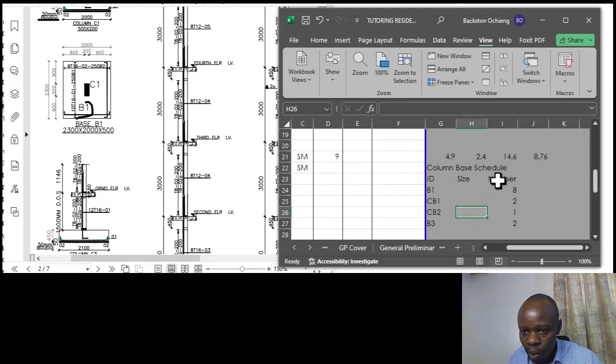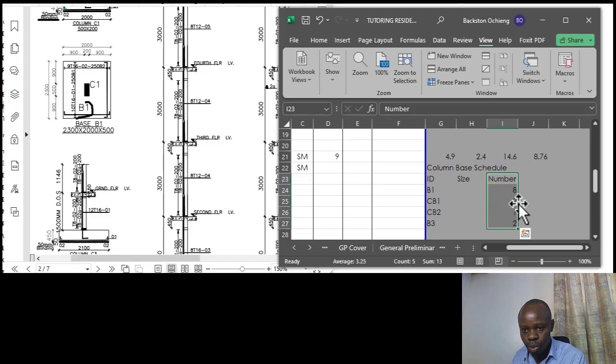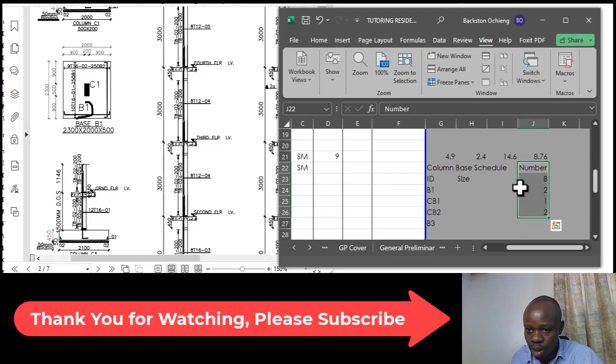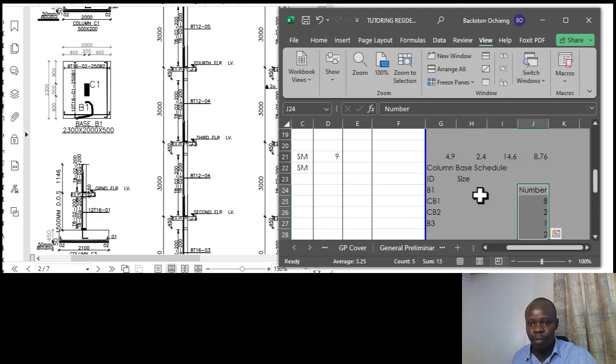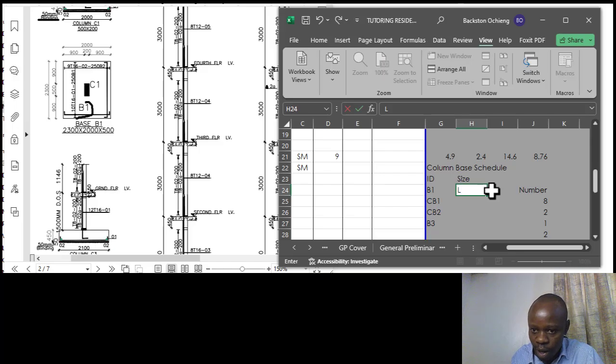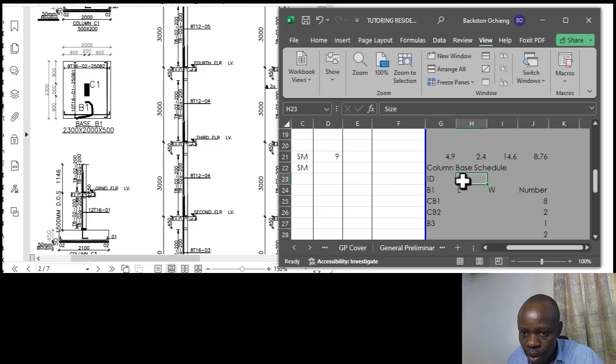Actually, to make our work easier, I just want to stretch this to be on the side to give us an additional column. So let me just copy this here. Not really, that is not what I wanted. Alright, I want it to be there. Alright, so from the size we have a length and we have width. Okay, for the size. So for the sizes, the length,